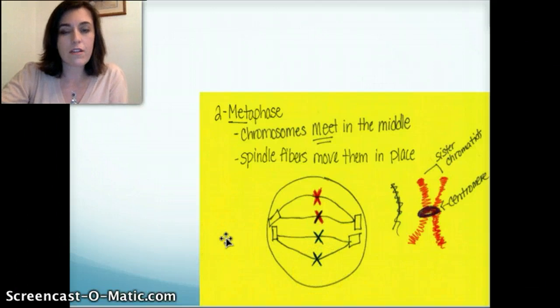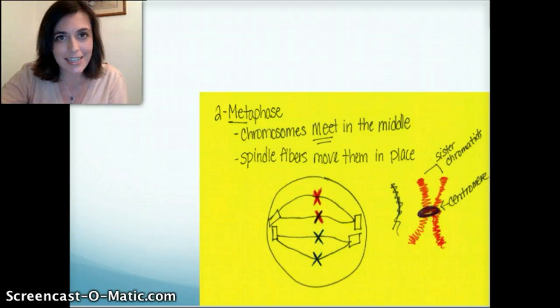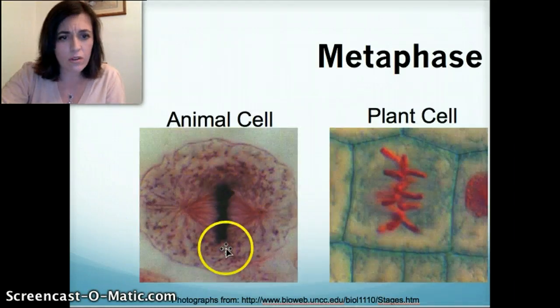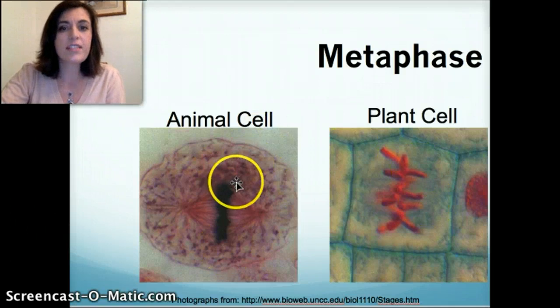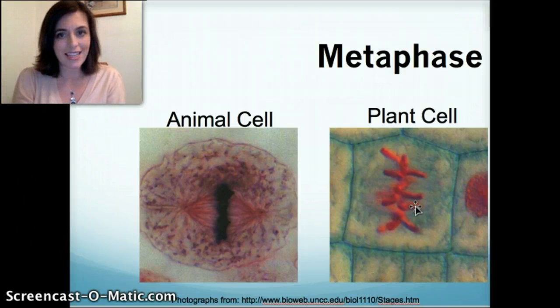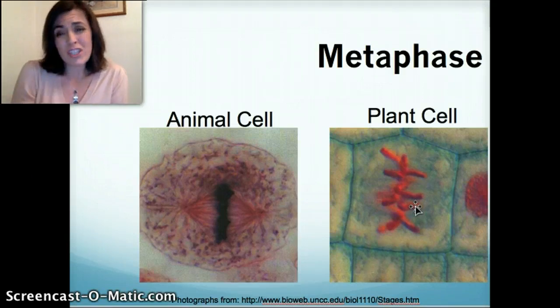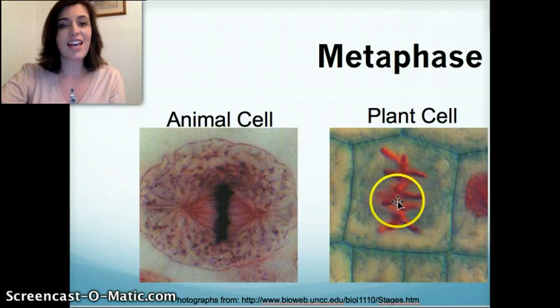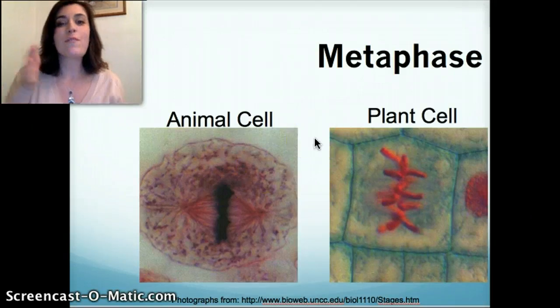But what does this look like under the microscope? I think this is kind of the easiest one to pick out under the microscope because of how cool it looks. Look at that. It's like this crazy straight cool line right there, in both the animal cell and the plant cell. And remember, the colors don't actually look like this. We've dyed them, with certain dyes, so we can see them and make them more visible. Okay, metaphase. They've met in the middle of the cell. Look how cute. They're all lined up like little soldiers. Yay.